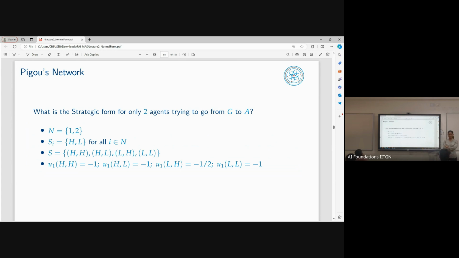Can somebody explain why? There are two agents, only one person on the local road. Right. The capacity is 2, only one has taken it. Yes. So NL is 1 and capital N is 2. So 1 by 2, half. And if both of them take the local road, it's minus 1. Similarly, you'll get almost similar values for the second agent as well.